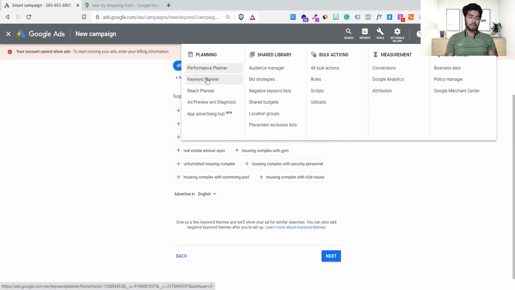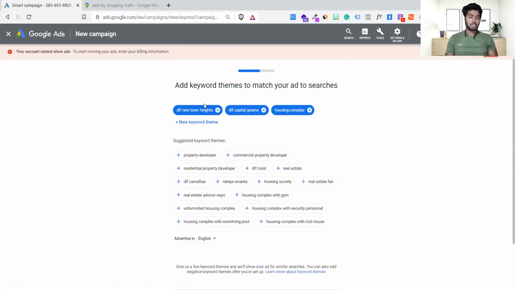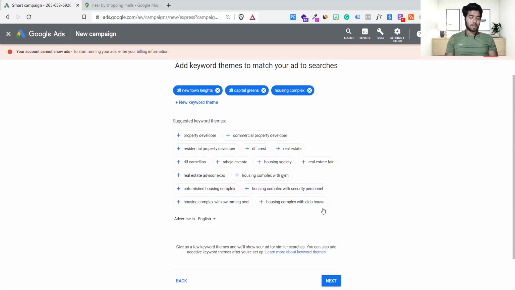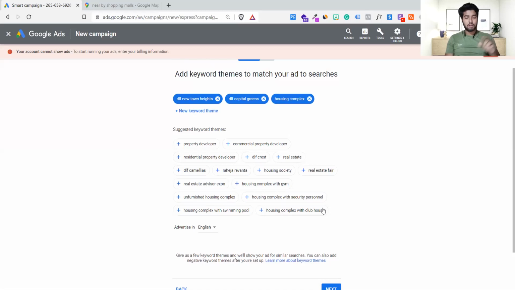Go to the Keyword Planner, check the option like what exactly the search volume is, whether the keyword is really worthy or not, because all this selection has been given by artificial intelligence, and artificial intelligence is not 100% accurate right now. So you have to cross check, or you believe blindly that okay, this thing is going to work. Then it will be a risky situation for you. So anyways, let's see how it goes. But I'll suggest you do the cross checking.